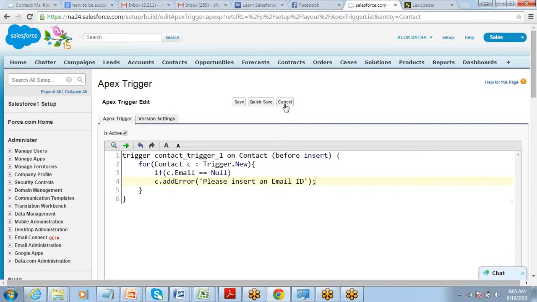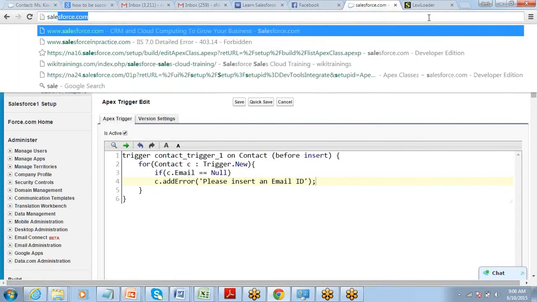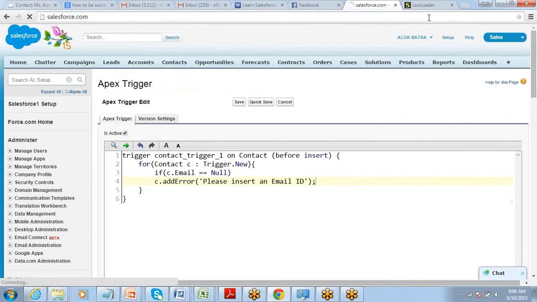Creating it somewhere else, someone else's account. All right, let me just log in to your own account.